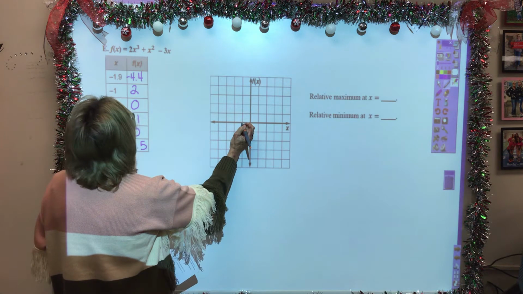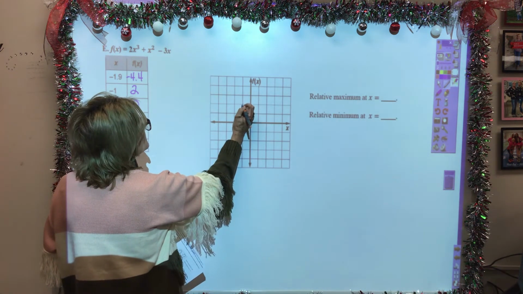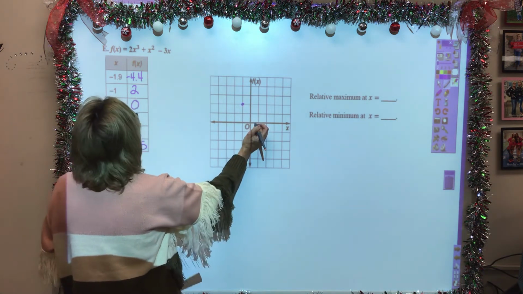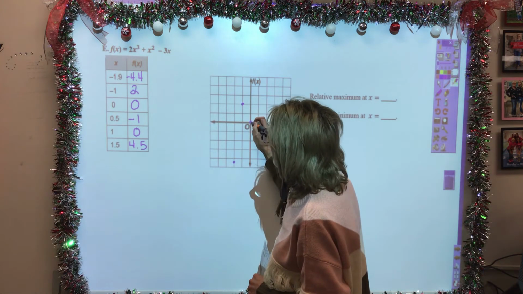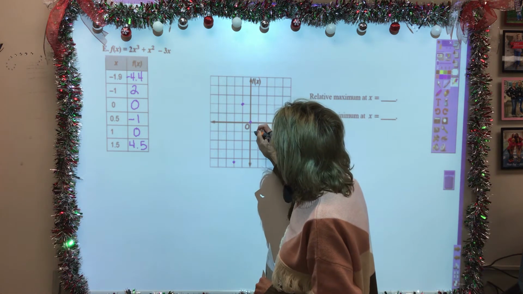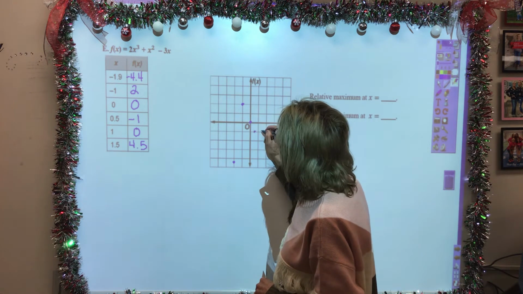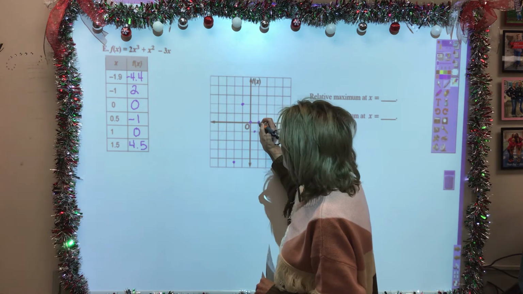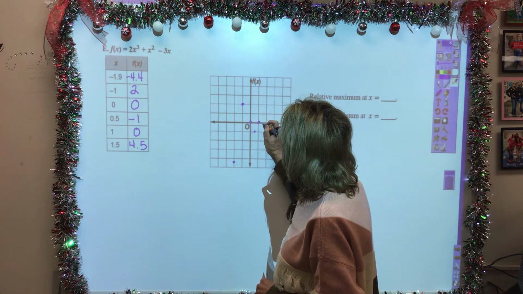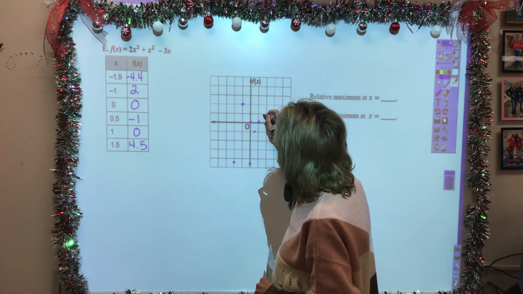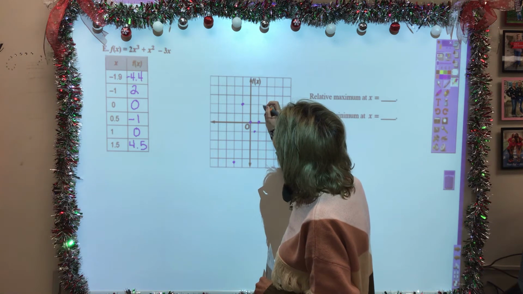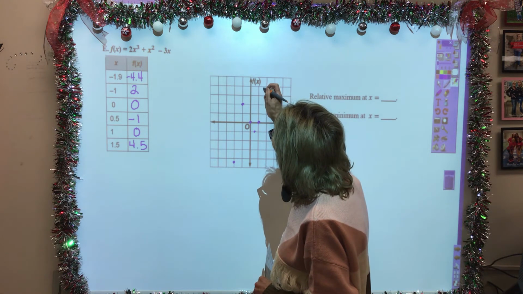Negative 1 has a point at 2. Then we have a point at 0, 0. At 0.5, negative 1. At 1, 0. And then at 1.5 and 4.5. So 1, 2, 3,